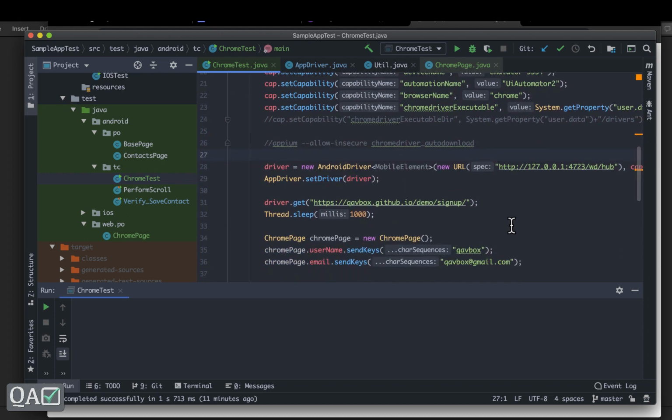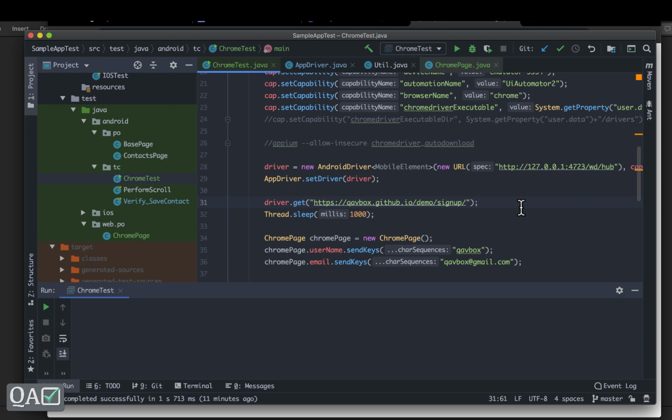Before executing this, I'll tell you a few more benefits of this Chrome driver executable. First, if you have a compatible Chrome driver version, you can download it and put it into a folder, and then the Appium script uses this Chrome driver path where you are keeping it, and the capability is chromedriverExecutable. But let's say you don't want all these headaches and you want Appium to take care of the download for you. For that, you have an option actually.